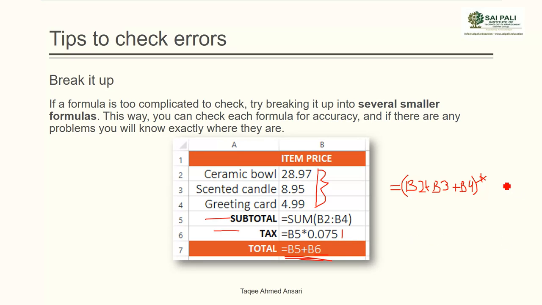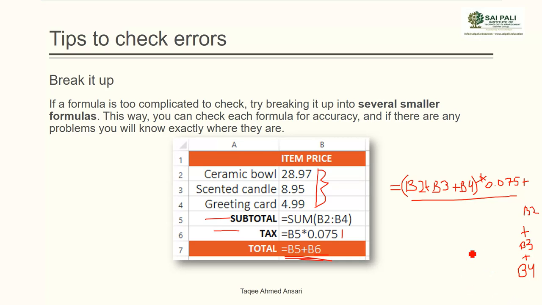and then from there I want to get the tax percentage. So I will multiply the total value by the tax rate percentage, which is 0.75. Then I will get the tax percentage. Now from that tax percentage I will add the total amount also. So the total amount, that means again I will say plus B2 plus B3 plus B4. Now it can become difficult to read and understand, and it can cause a mistake also.